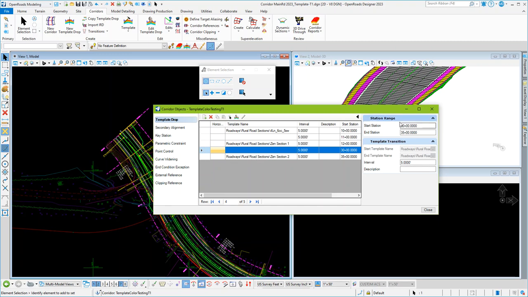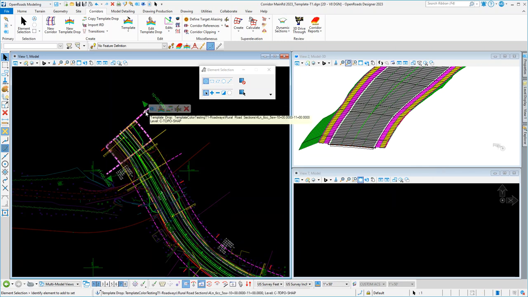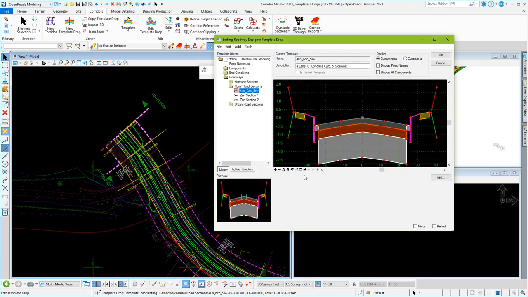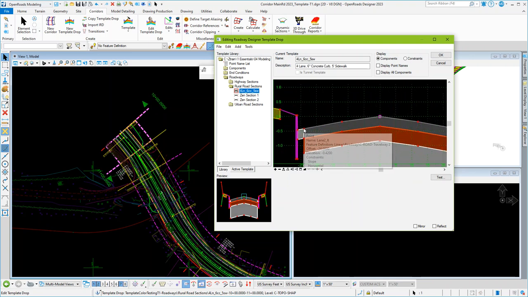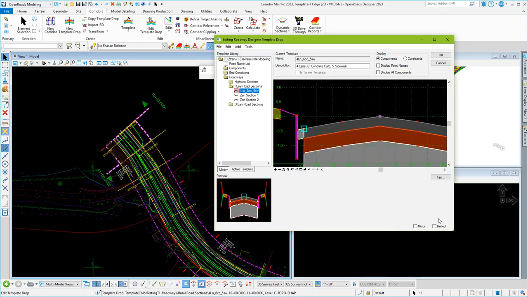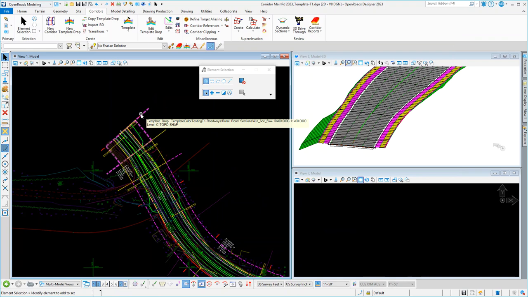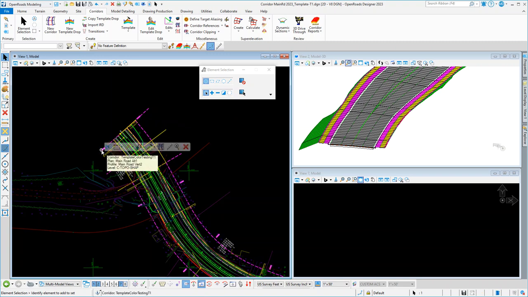But if I went into a particular template in the corridor here, and I went to edit this template drop and did something on this template drop, let's say I'll just remove the horizontal constraint and click OK. So this template now is not the same as the one in the ITL. I changed it in the DGN in the corridor, but not in the ITL. So if I go back to the bucket here,